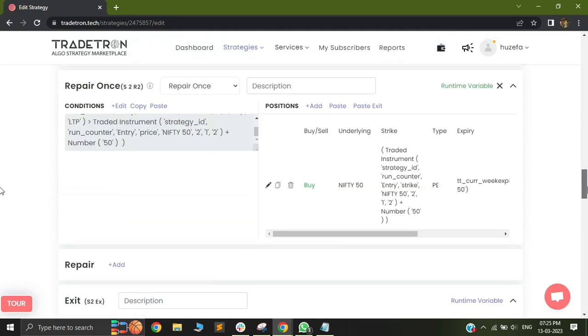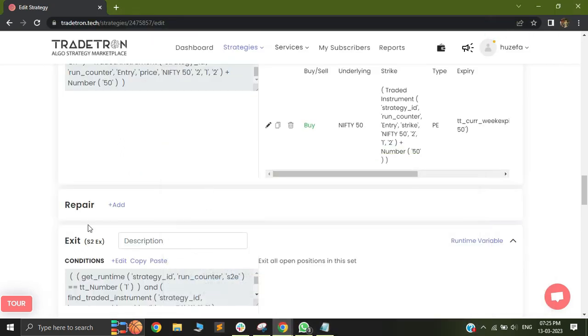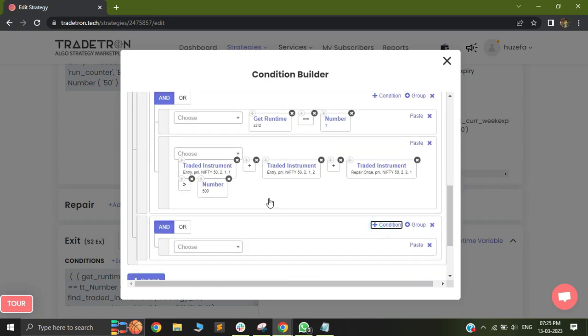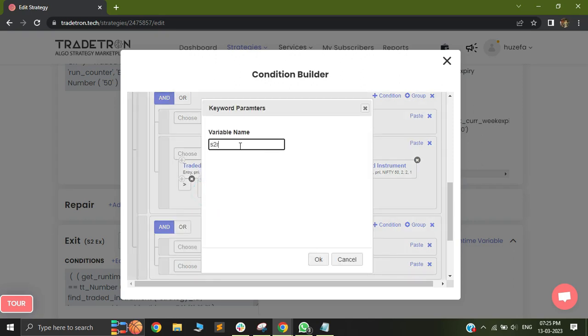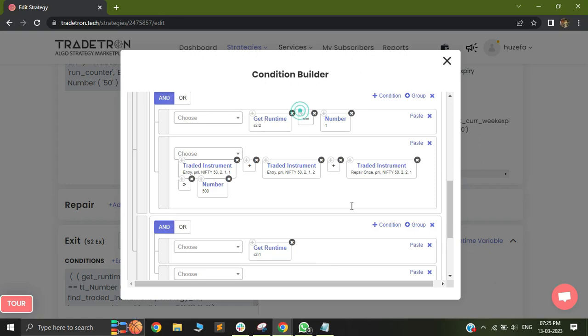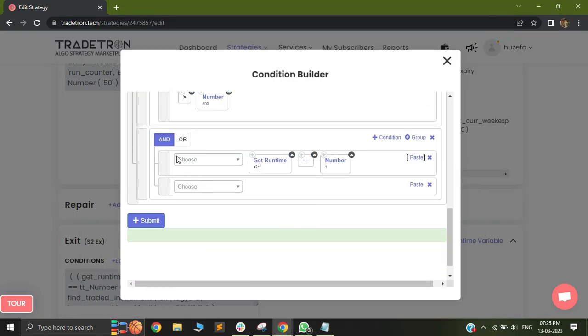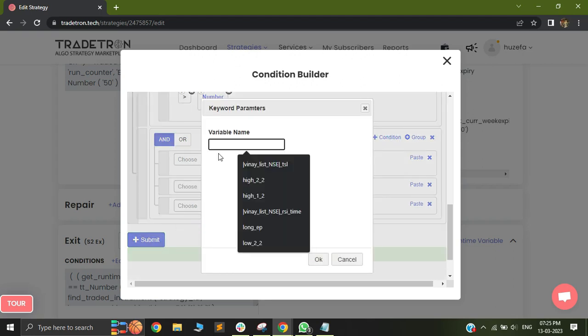Now I'm done. Now last possibility is that entry with repair 1 and repair 2 both. So in order to do this, I will now check something different where I'll use get runtime 2 times. So I'll use S2R1 is equal to number 1. This is basically because my variable name S2R1 is being generated when my combination 1 happens, and I will also check using my get runtime that